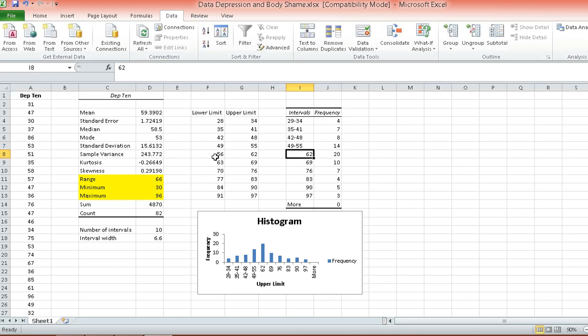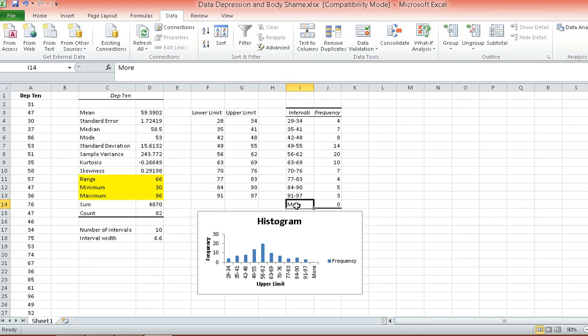So I'm just basically getting the lower limit and putting it here. 56 to 62, 63 to 69, 70 to 76, 77 to 83, 84 to 90, and 91 to 97.